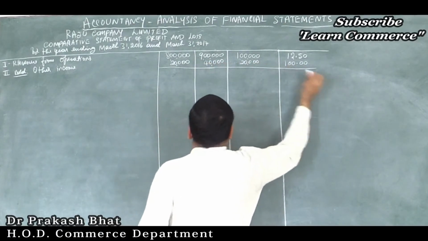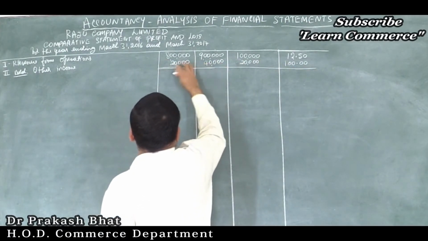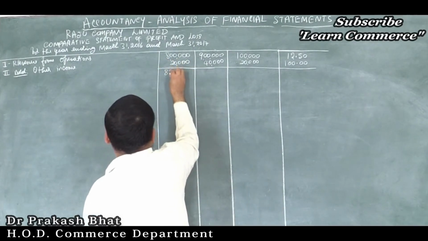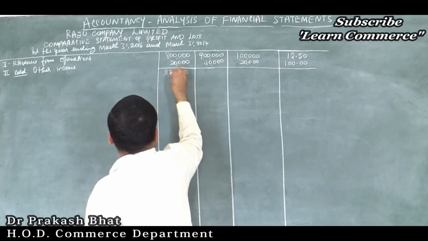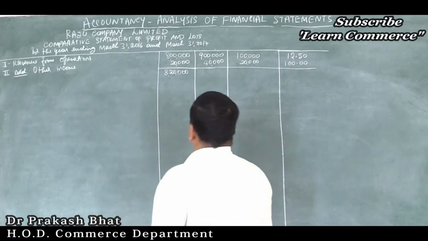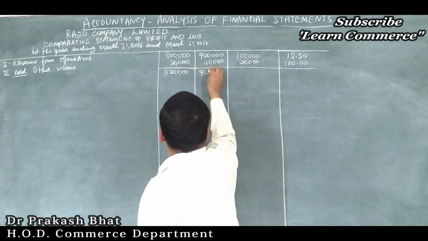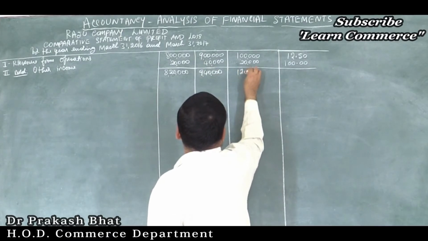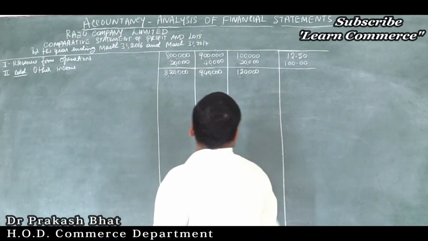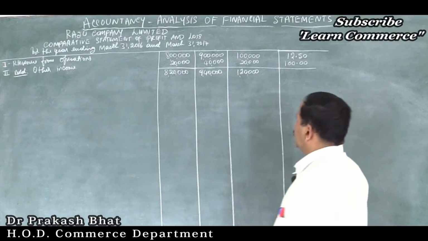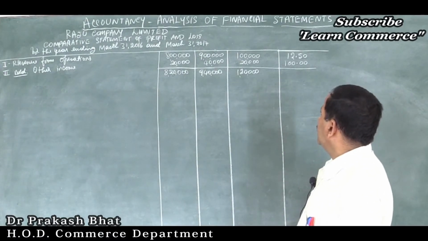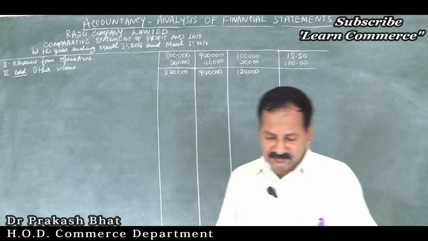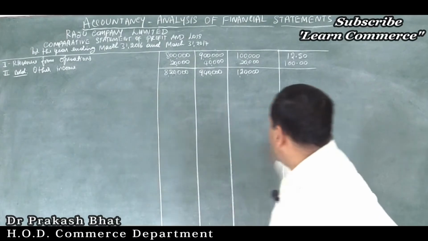Now, add it together to arrive at total revenue. There were no sales returns, so we didn't deduct them. No need of deducting if it is not there. Clear? So 8,20,000 total revenue, 9,40,000, and increase 1,20,000. Then what is the percentage? Calculate. 112.5, is that correct? It is wrong. Don't add and write this.